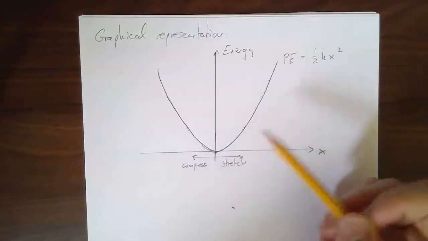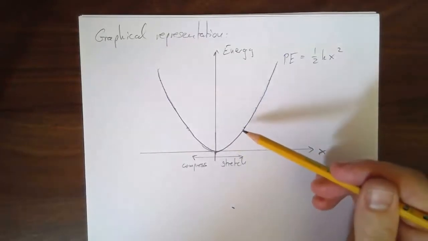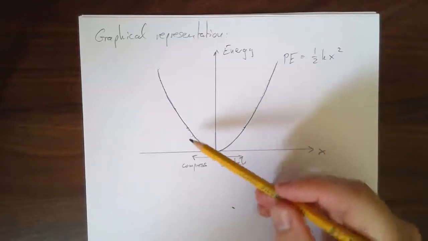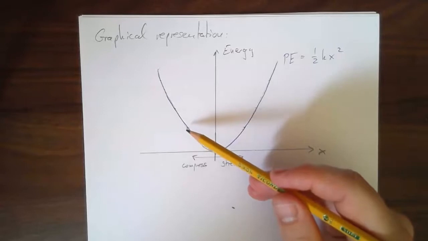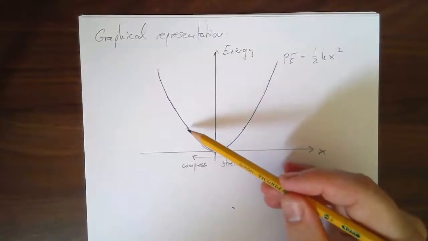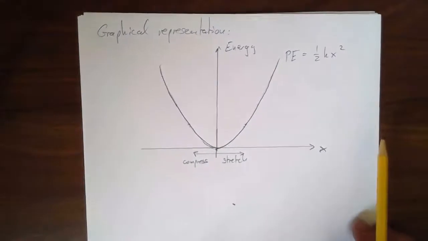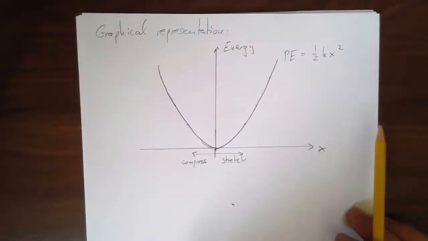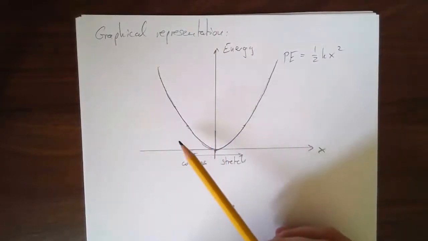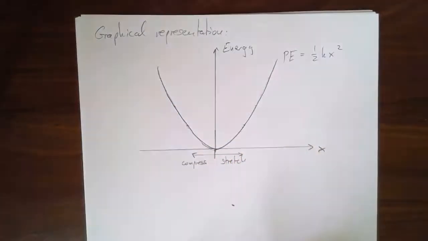At least ideally. A realistic spring, depending on the type of spring, will of course not stretch infinitely. Eventually you just have a long piece of metal in your hands. It might not compress very far. For example, the metal of the individual windings might touch each other and then you can't squeeze it any further. So realistic springs might cut off somewhere, just based on the fact that they're made from metal, or some kind of material that doesn't go through itself. The windings have a certain thickness and so on. But let's stick with this idealized case.